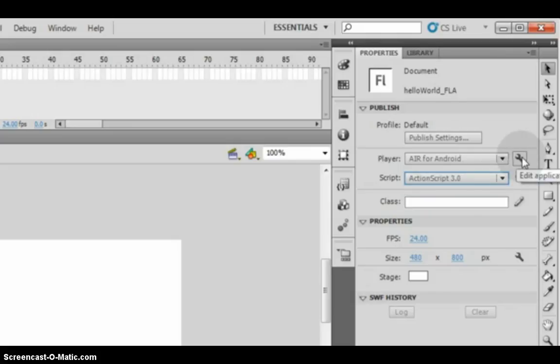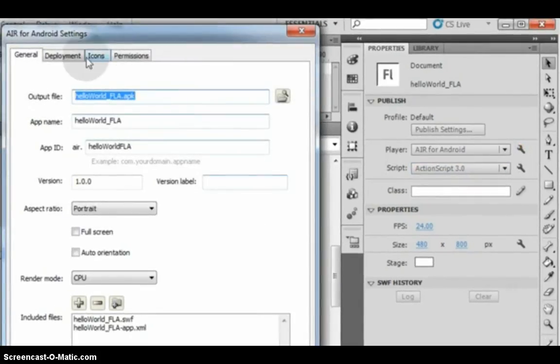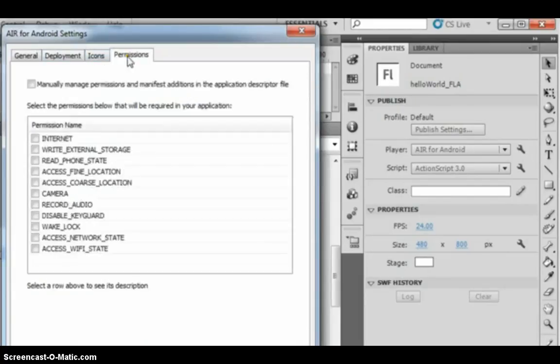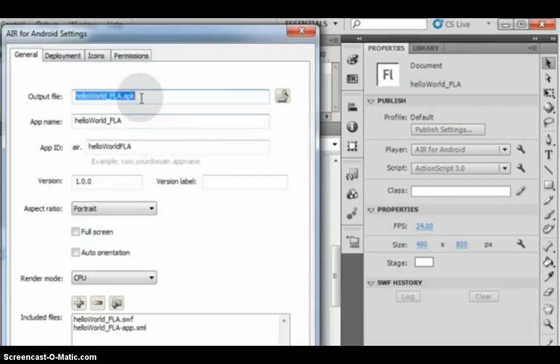Then let's click edit. So here's where you set up the deployment, the icons, the permissions. So let's change this. So it should be hello world apk.apk.